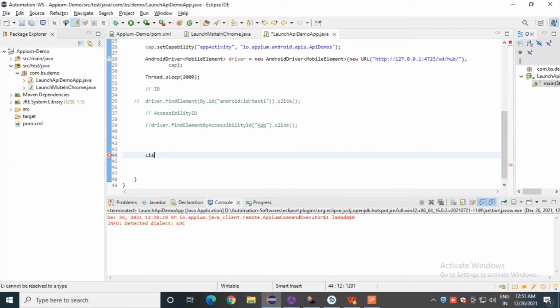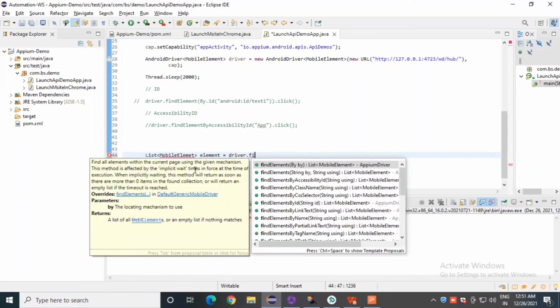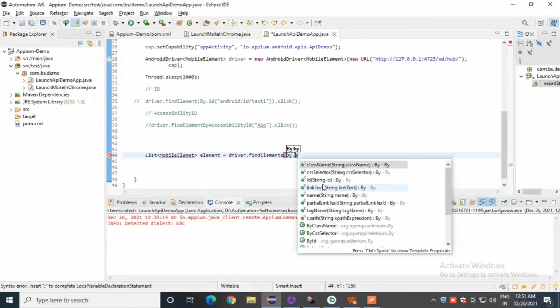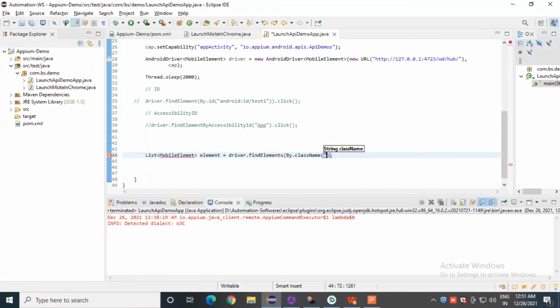Okay, list of mobile element, we can give any name like element is equal to driver dot find elements. These are the multiple mobile elements, right, so we can define find elements, okay, by dot class name, and we can define here a class name.